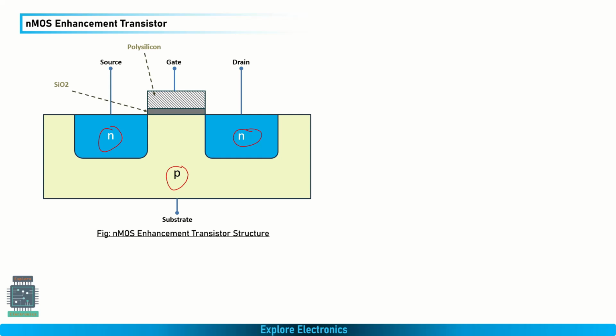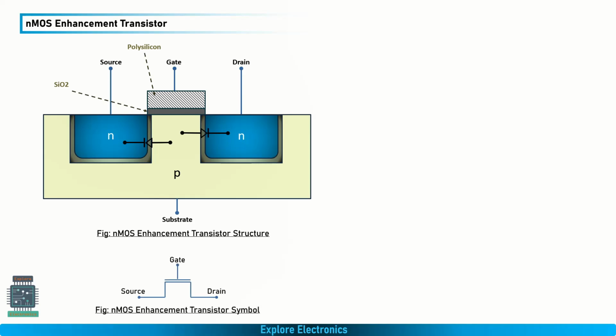So here you can easily see there is a PN junction over here, and here also there is a PN junction. So internally, the transistor structure will be containing two back-to-back diodes. So that will not allow the current to flow through the device. So by applying the voltage only, we can create the channel between source and drain